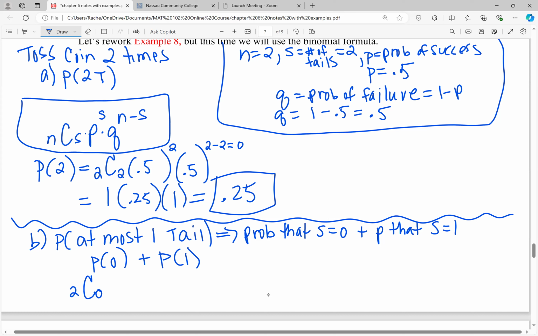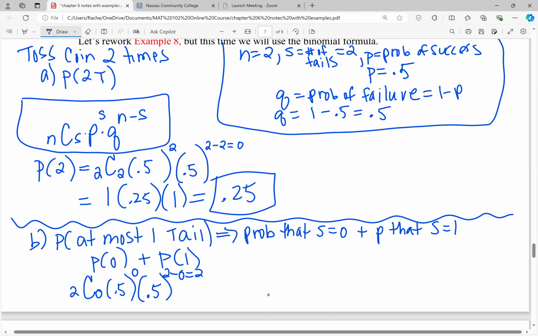So P is still the same. It's 0.5 to the S, which is 0 in this case, right? Times Q, which is 0.5 to the N minus S. So the 2 minus 0, which is 2. And you'll notice the 2 exponents should always add up to N, the number of